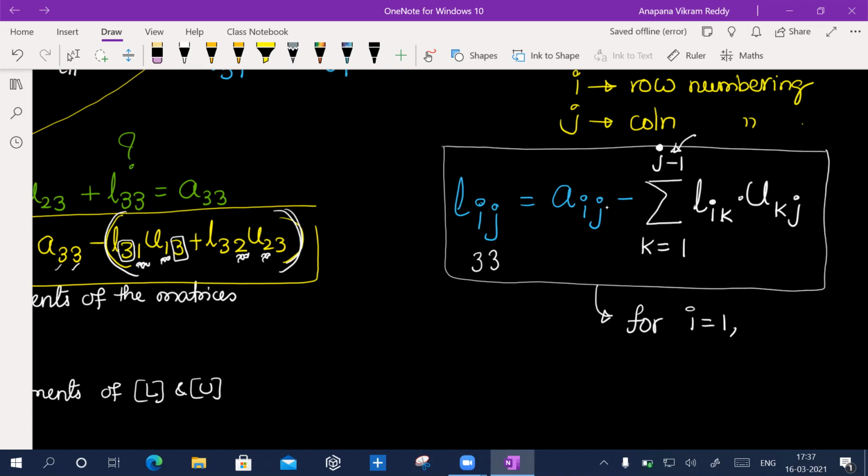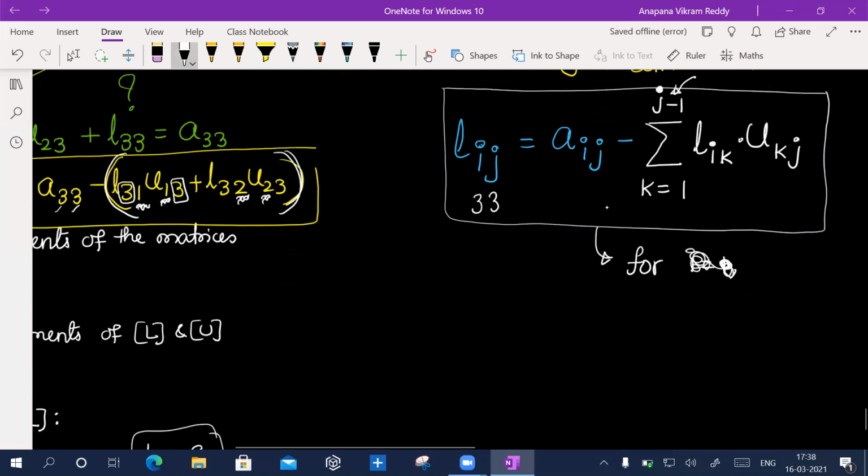I equals 3. I think this you can do. Please go home and just do this. For i is equal to and j is equal to, you fill this gap.